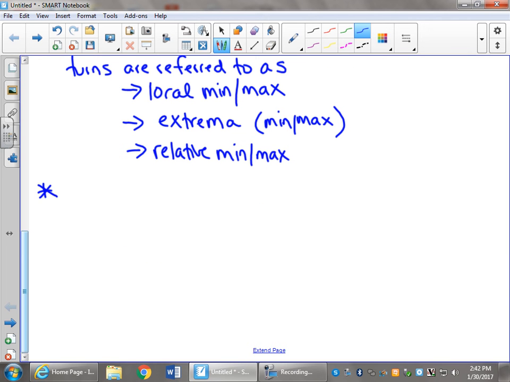Okay, next thing that the degree is going to tell us is how many zeros the function has. Zeros, again, the x-intercepts. We did an activity today in class where we drew the